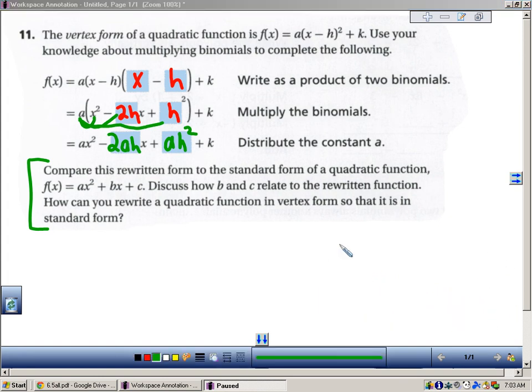Compare this rewritten form to the standard form of a quadratic function, f of x equals ax squared plus bx plus c. Discuss how b and c relate to the rewritten function. How can you rewrite this quadratic function in vertex form so that it is in standard form? So let's compare these, okay? So if I were to look at this form here versus this form,